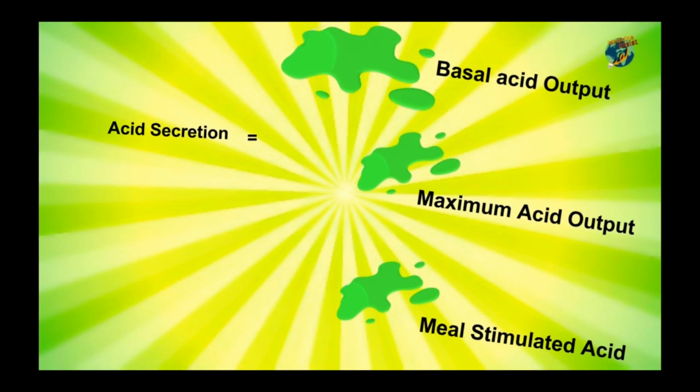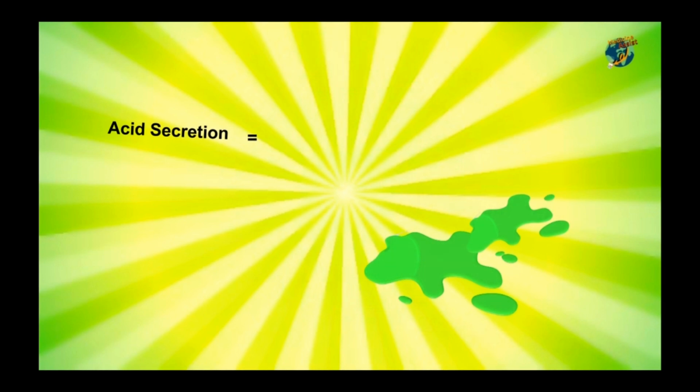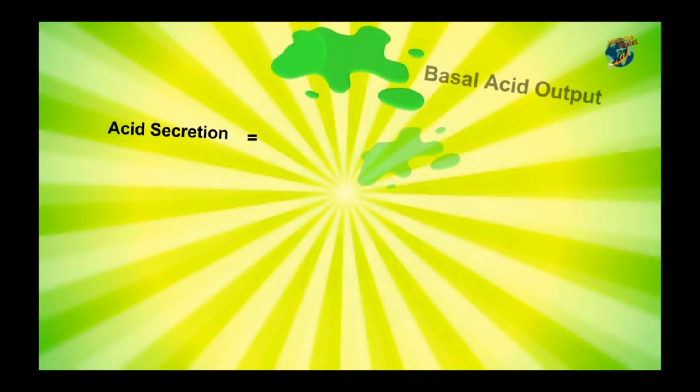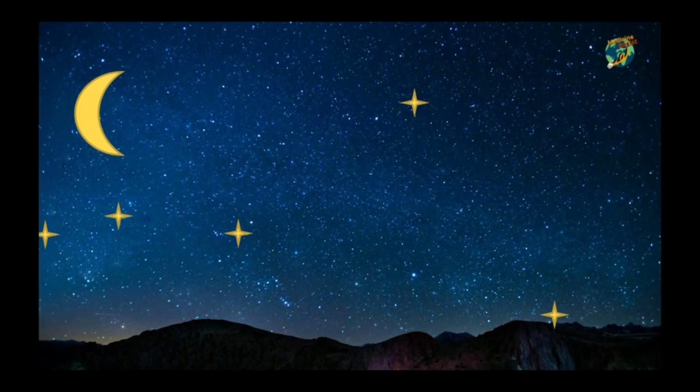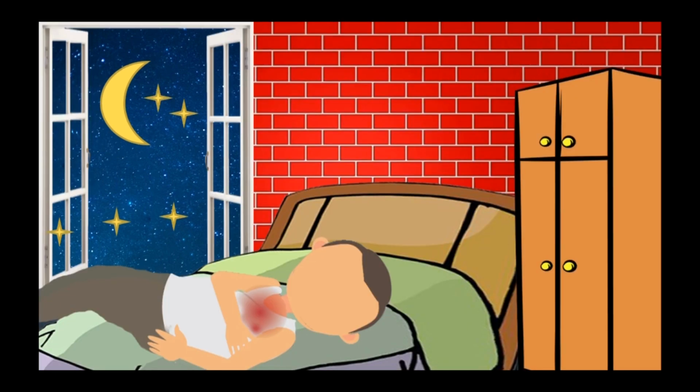Hence, we can say that the basal, maximal, and meal-stimulated acid secretion varies according to the time of the day and the individual's physiological state, age, gender, and health status. The basal acid output follows a circadian rhythm, with the highest acid concentration occurring at night and the lowest in the morning. An increase in the basal acid output to maximal acid output ratio suggests a basal hypersecretory state,